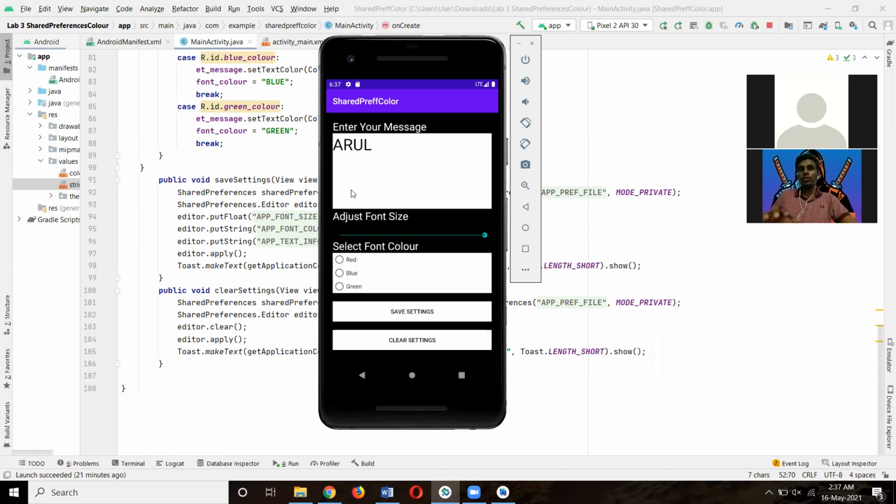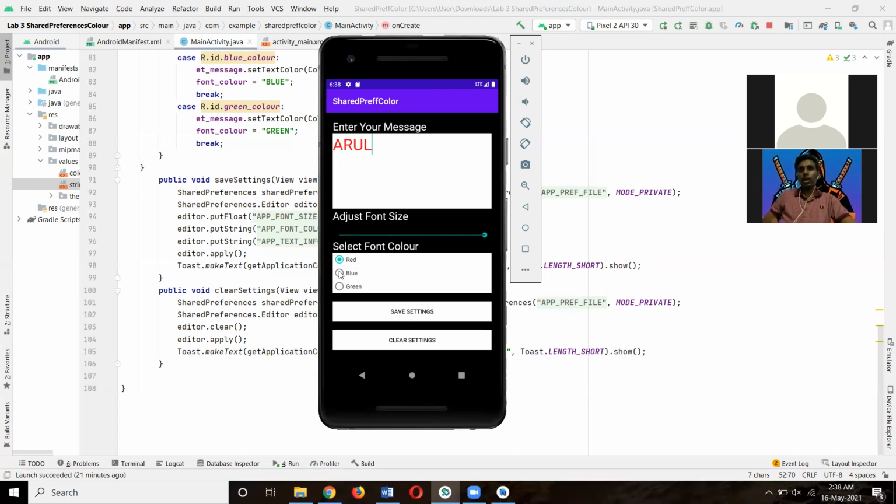And now I'm going to change the color of the font. I'm going to try the red color. For red, I click the red radio button here, and the font will change color.